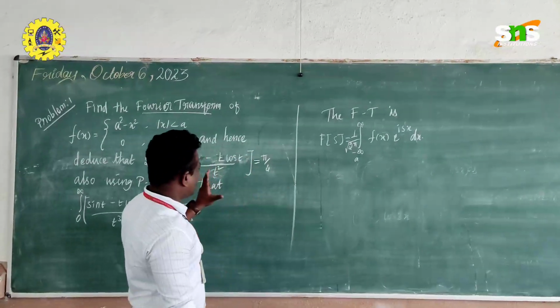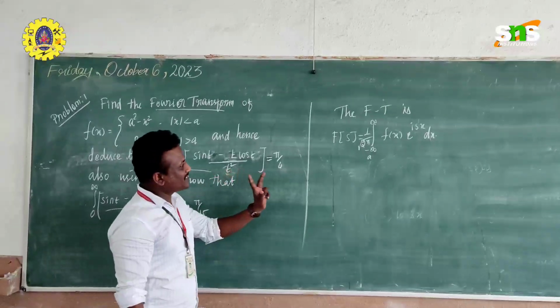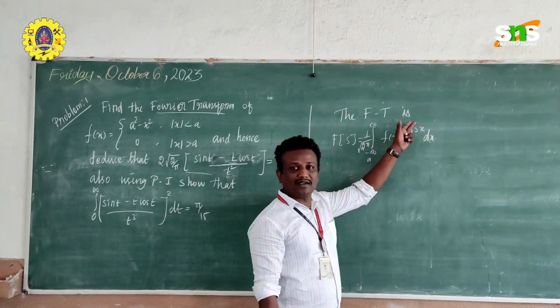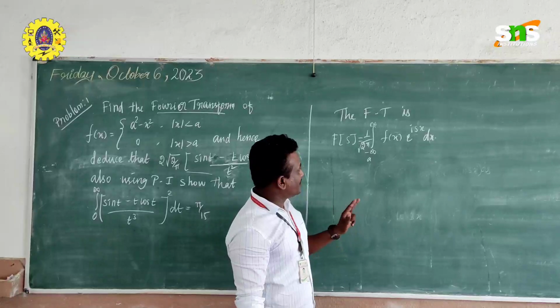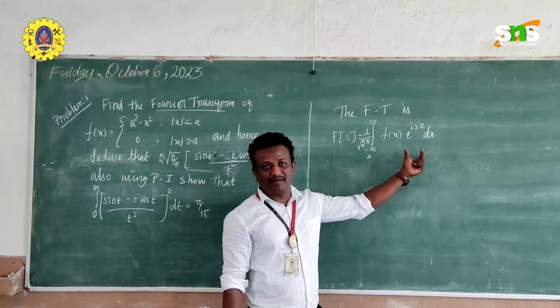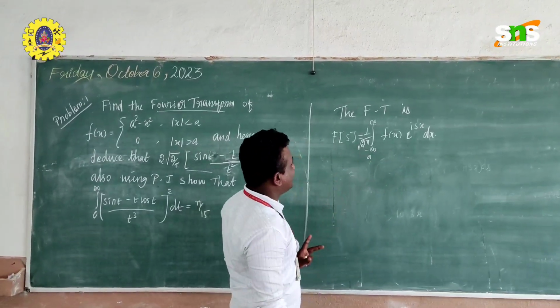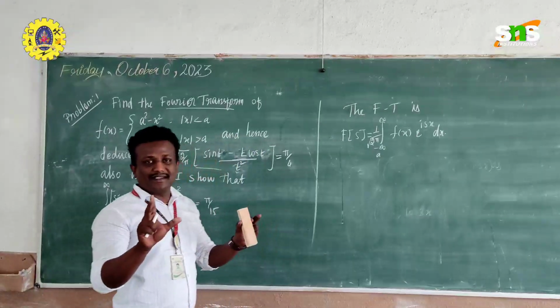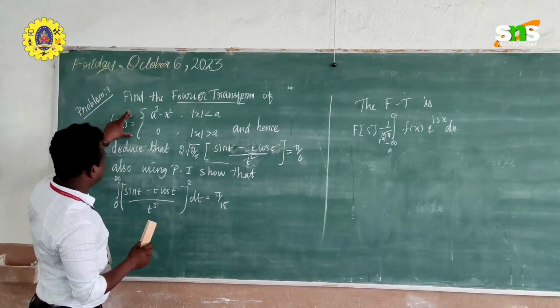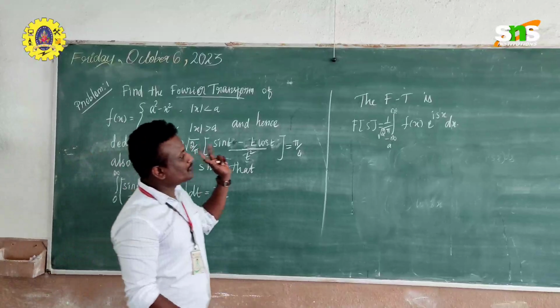Okay, so there is nothing to it, solving this problem is very easy. First, what I do is write the formula for Fourier transform first. This is Fourier transform formula. Okay, so after writing Fourier transform formula, then all the results which you have in your question itself, that results should be applied in this formula. This is the second step.